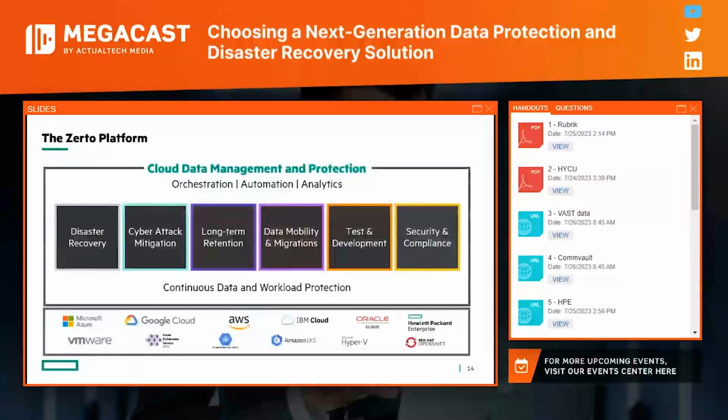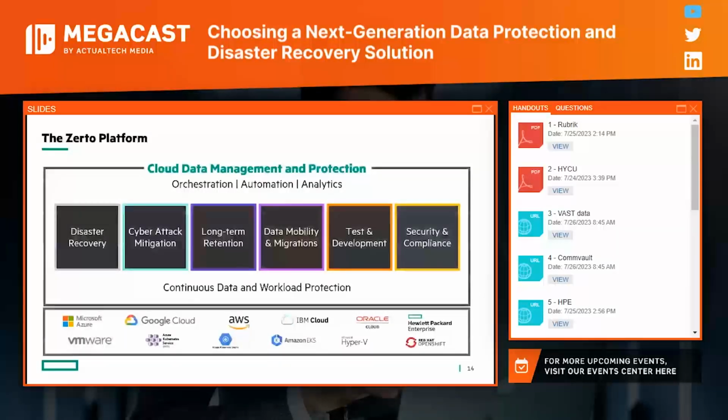Okay, I need to skip through Zerto real quick. Zerto, hopefully you know what Zerto is. Zerto is continuous data protection, and it delivers pretty much everything in those colored boxes. Disaster recovery is kind of the pillar of Zerto. We've got also long-term retention capability, cyber attack mitigation. Scott's going to talk about that here shortly. But importantly, it protects VMware and Hyper-V environments and can protect to on-prem or cloud like Azure, AWS, things like that. So it's virtualized environments.